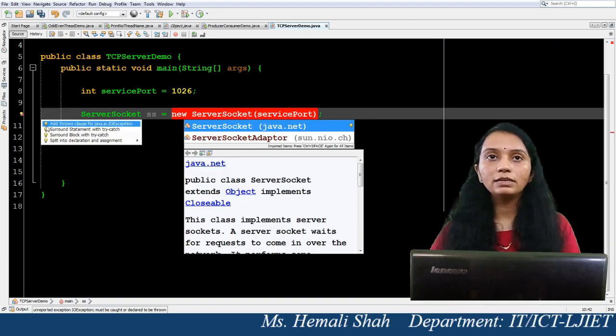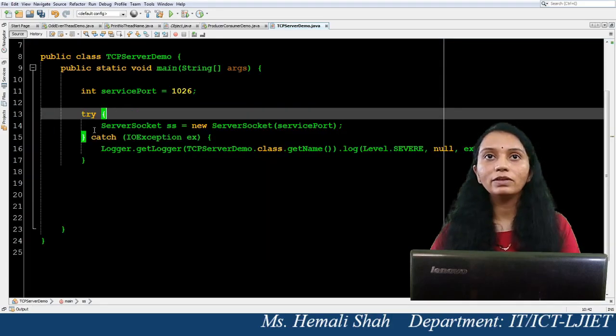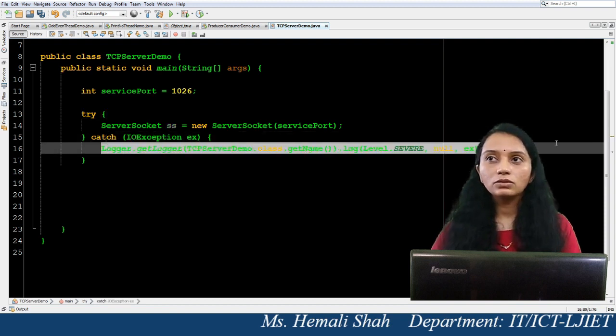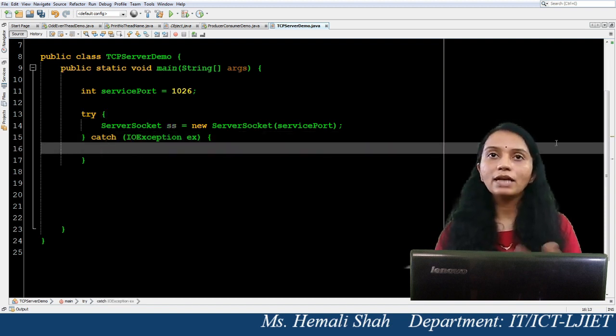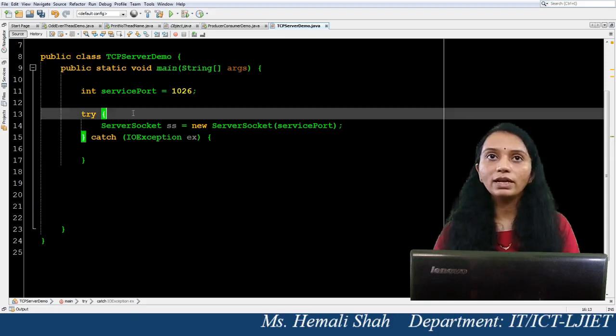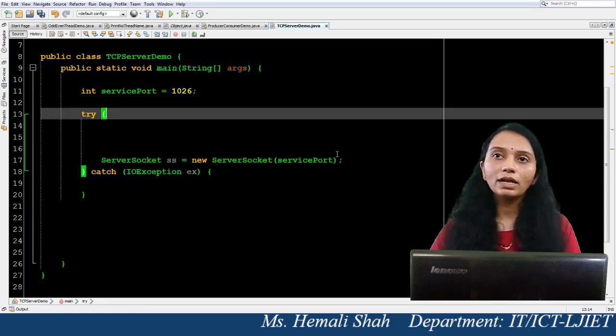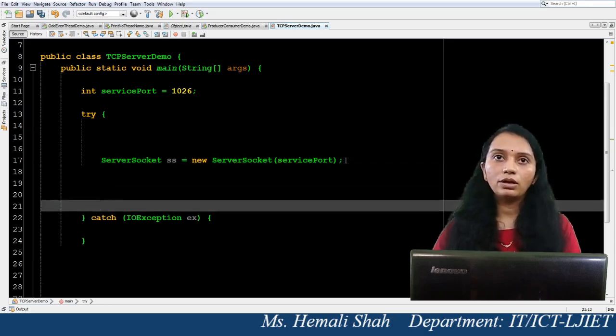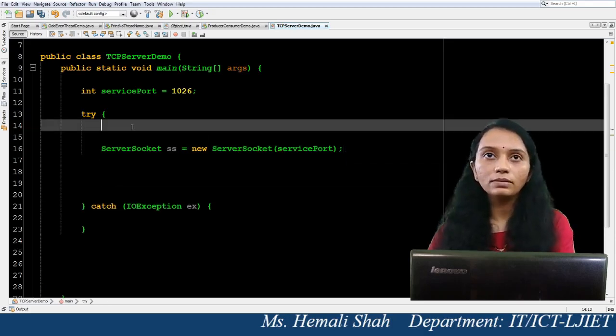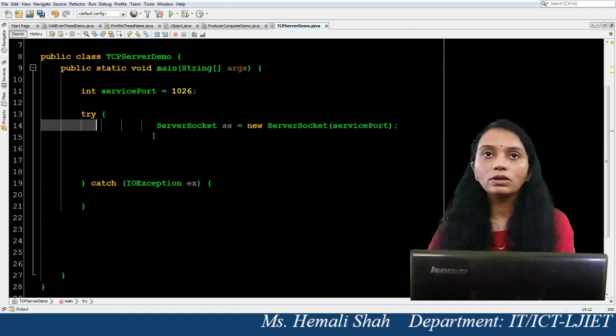So you have to handle it by clicking surround statement with try catch, or you can directly write it in your own way. You just need to create all these things in a try block, keep in mind. Then you don't need to handle all the exceptions each and every time. Handle it one time.